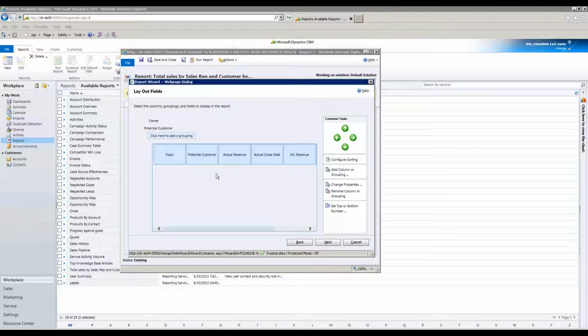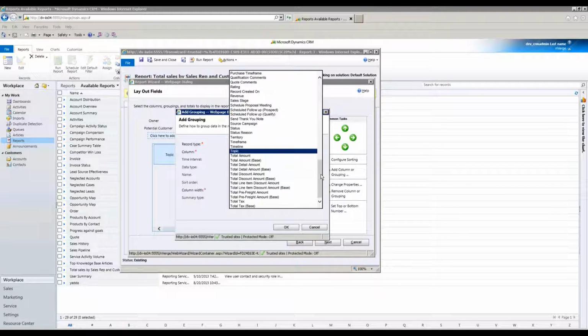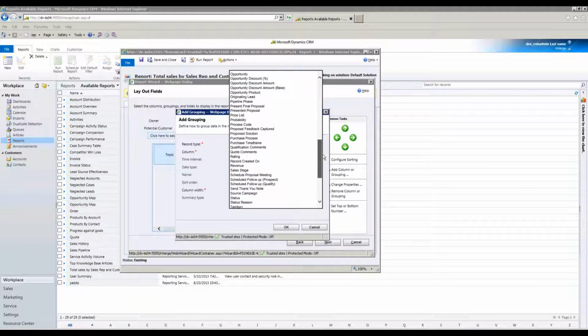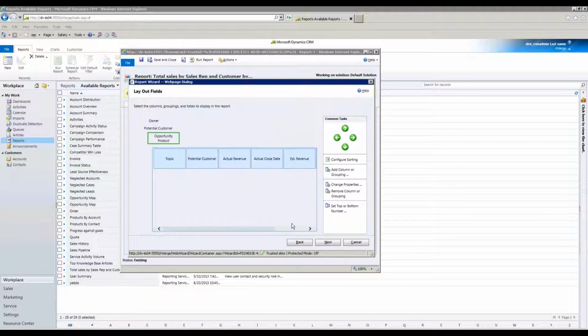So I go to next, and then I said that I want to add a product here, so I'll just click on the grouping, and I'll add opportunity product in there. So I'll just select opportunity product here. I say okay,